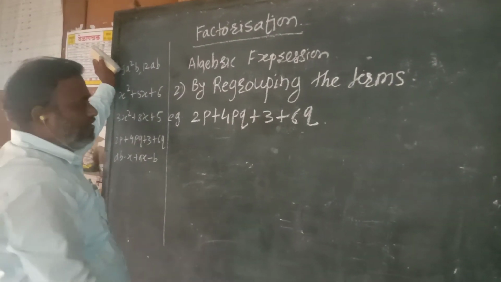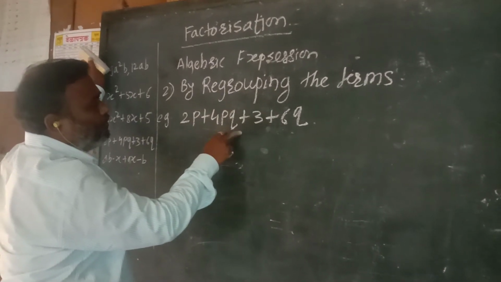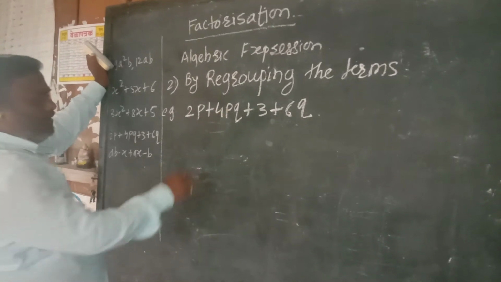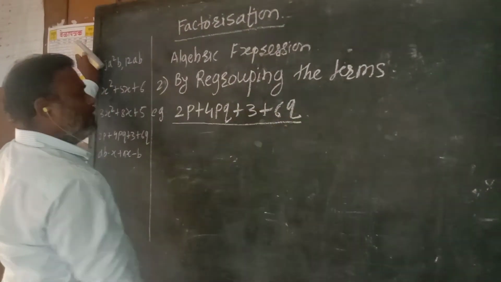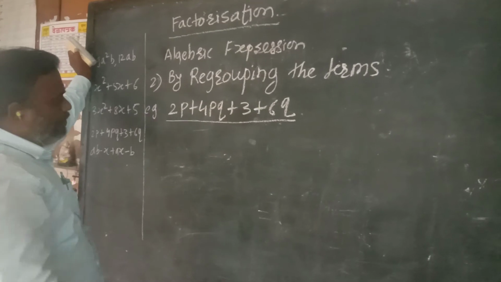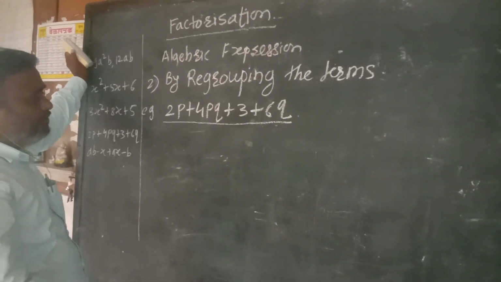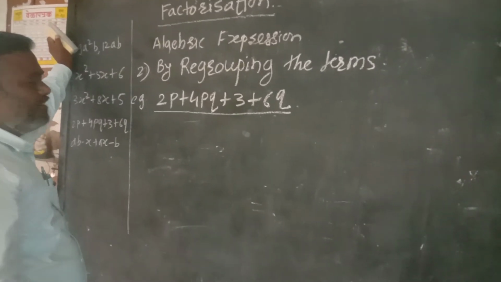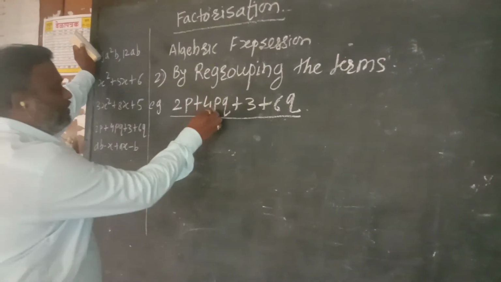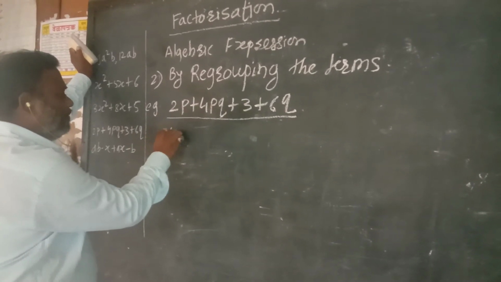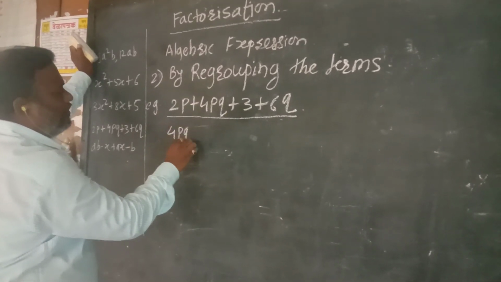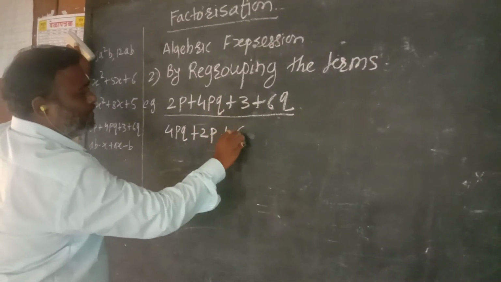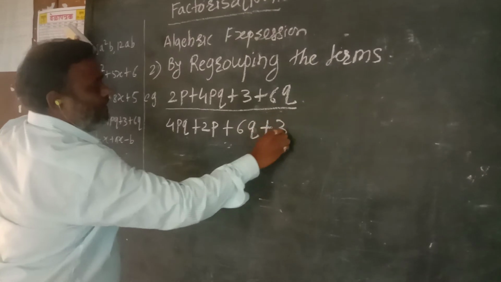अब हम देखेंगे first example, that is 2p plus 4pq plus 3 plus 6q. This is our first example. Here, in such type of examples, everybody can solve this problem but in a different way. तो मैं एक तरीके से आपको बता देता हूँ इसको सॉल्व कैसे करना है एक्चुअली. तो फर्स्टली मैं रीग्रुपिंग किस तरह से करता हूँ. फर्स्ट यहाँ पे मैं 4pq लेता हूँ प्लस 2p. सिंपली इसको रीअरेंज कर रहा हूँ मैं 6q प्लस 3.